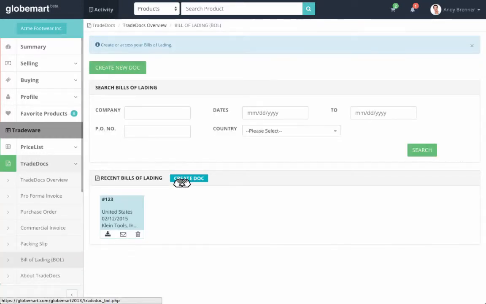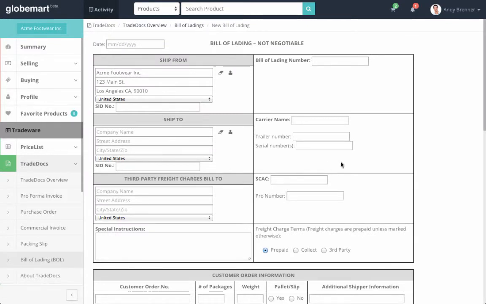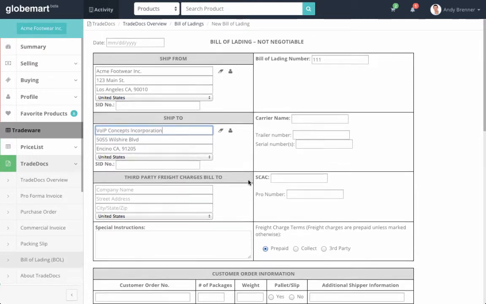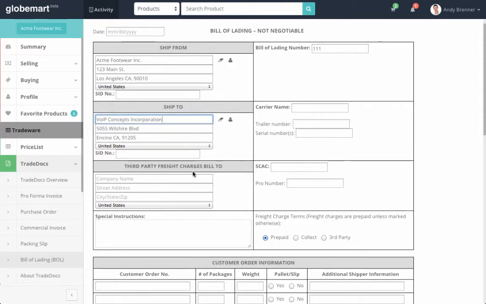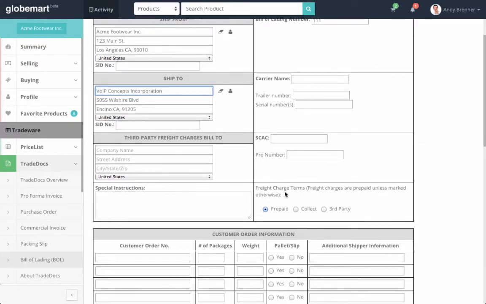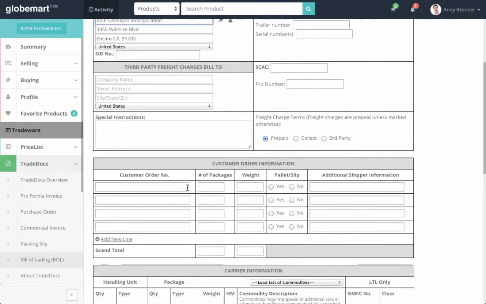Lastly, our bills of lading. I can create a standard bill of lading. This is a short form that generates a standard bill of lading. I can input the information, ship from my seller, the bill of lading number, ship to, carrier name, trailer number, serial numbers, third-party freight charges, bill to, the SCAC and pro number, special instructions, the freight charge terms. I can input customer order information,